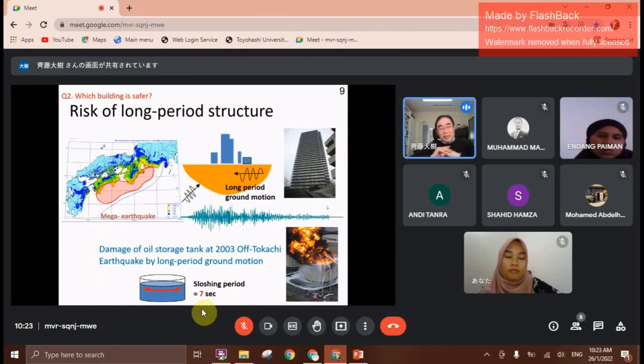In the 2003 Tokachi-oki earthquake, which happened in Hokkaido, damage occurred to oil storage tanks. You can see the bottom picture. There's oil in the tank, and the oil is a liquid, so it's moving. We call this sloshing movement, and it has a period of 7 seconds. If the oil tank is large, sometimes it is 10 seconds. At the moment of the Tokachi earthquake, this sloshing happened because the earthquake had a long period, and